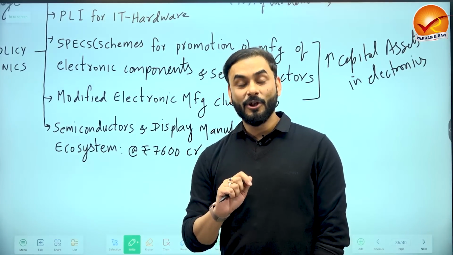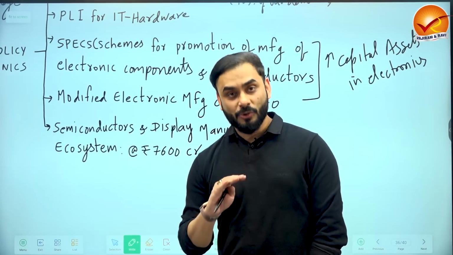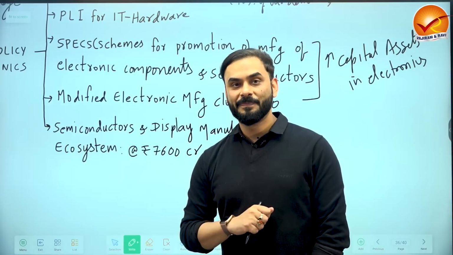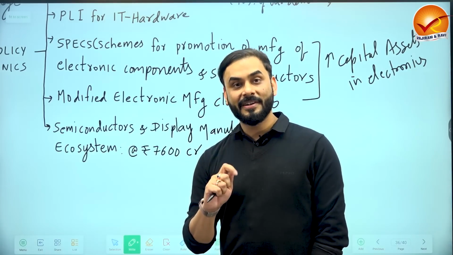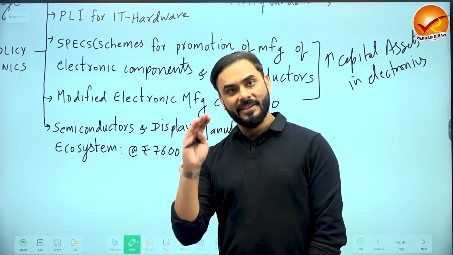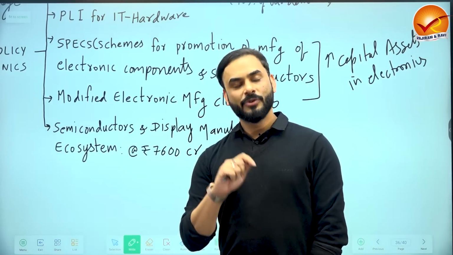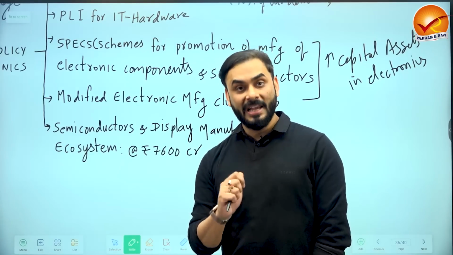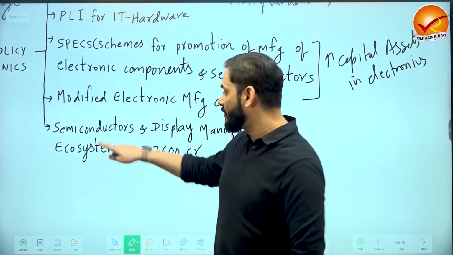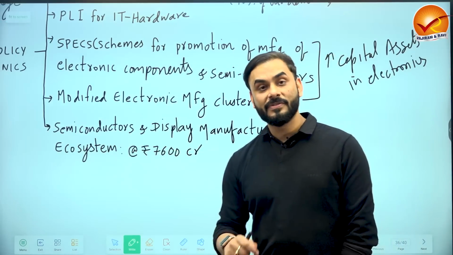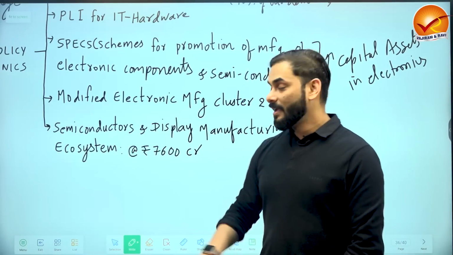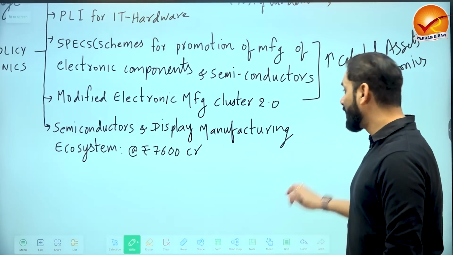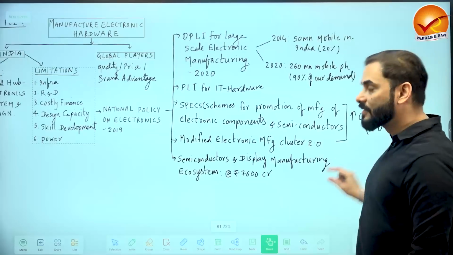Government of India launched a scheme to promote semiconductor because so far India has been importing semiconductor from other countries like China. And now the production of semiconductor in the world has come down and the price has increased. So Government of India saw that our automobile industry has been badly affected. Our mobile industry has been affected. So Government of India has launched the scheme to promote the manufacture of semiconductor within India by allocating 7,600 crore rupees. These are the things that we have done to promote electronics, etc.